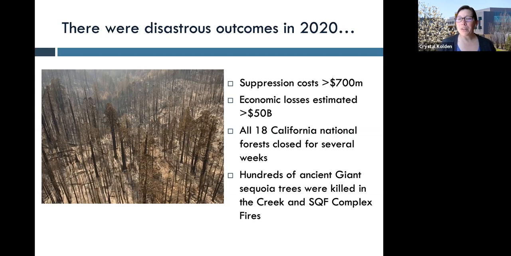And there was a period during the late summer and early fall where all 18 California national forests were closed for several weeks to all recreation, at a time when, because of COVID, the vast majority of the state really wants to be outside and they can't go to the national forest because fire danger is too high. So obviously that is a really disastrous outcome